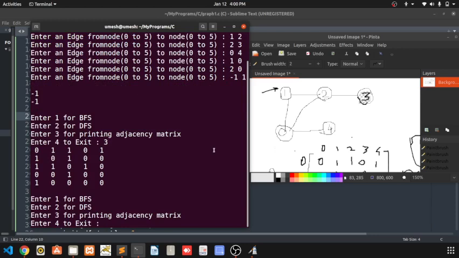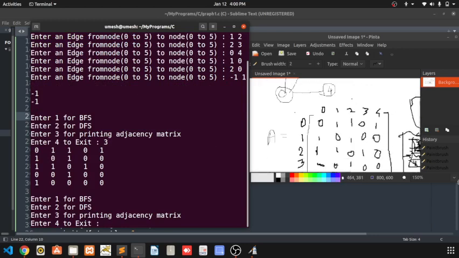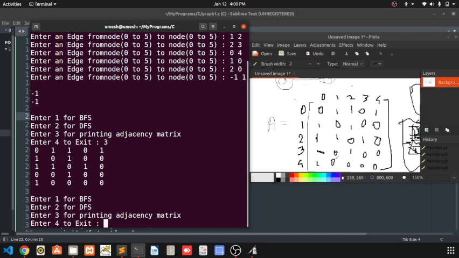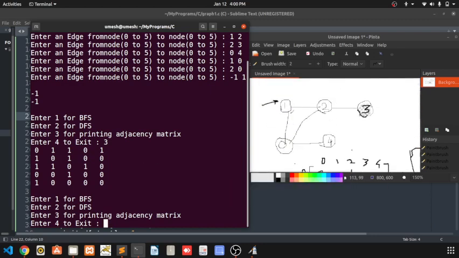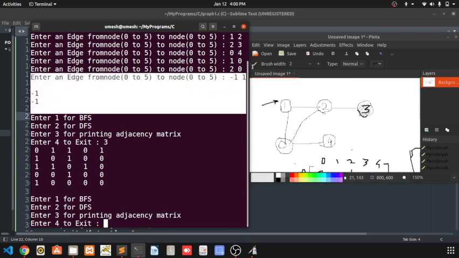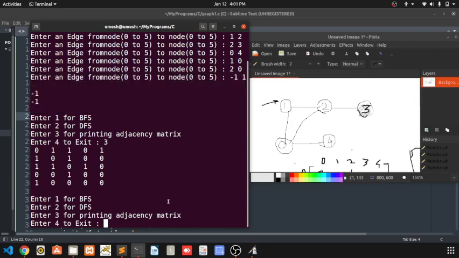Adjacency matrix is whether correct or not. 0 1 1 0 1 1 0 1 1 0. I think it's fine, as I have done just some ending mistake here. Okay, that doesn't matter.